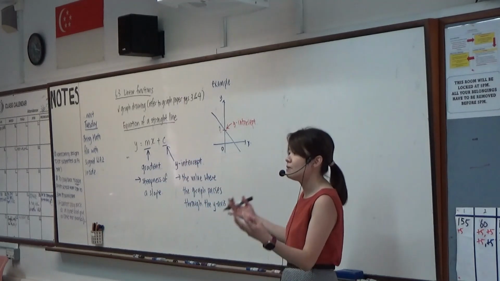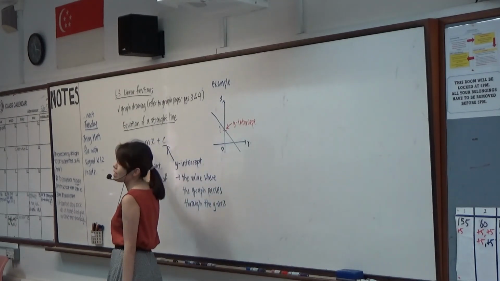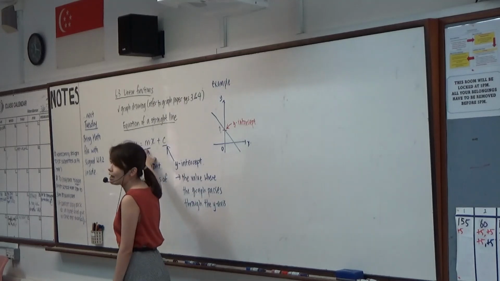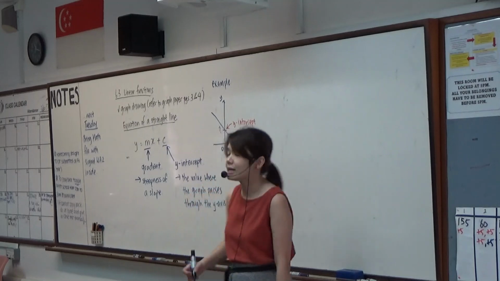So therefore, in mathematics, okay, we need to have such information as well. So y equals mx plus c. Knowing m will tell us the gradient. Knowing c will tell us the y-intercept. So for example,